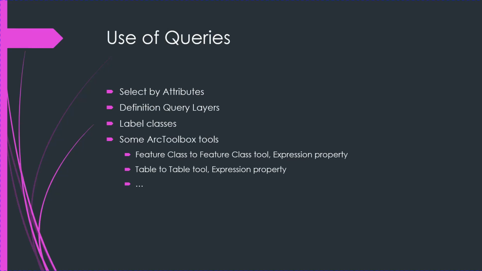ArcGIS allows you to select a layer by attributes, meaning that when you run a query, all features that fit that query will be highlighted on the map and also in the table. You can also select a table by attributes and get the same thing. Another thing that you can do with SQL queries is that you can create a definition layer on the map so that instead of highlighting features that meet a certain criteria, you're simply showing the features that meet a criteria